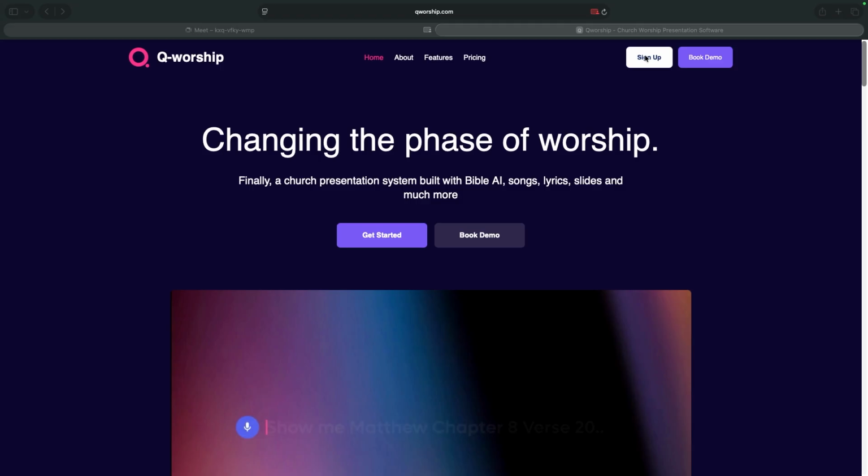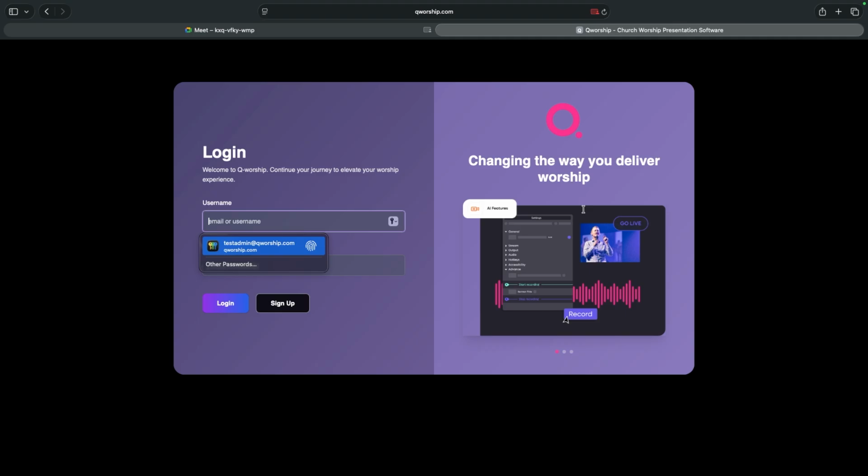And as soon as you've clicked the button, it's going to take you to basically your login page. Now, I've already created an account, so I could just put in my login details very quickly, and it's going to log me in straight away. But for a newcomer, you would put in your details. That's your email address, your password, all of the above. You put everything in there, and the name of your church, all of those details, and then it's going to take you into a page that's asking you